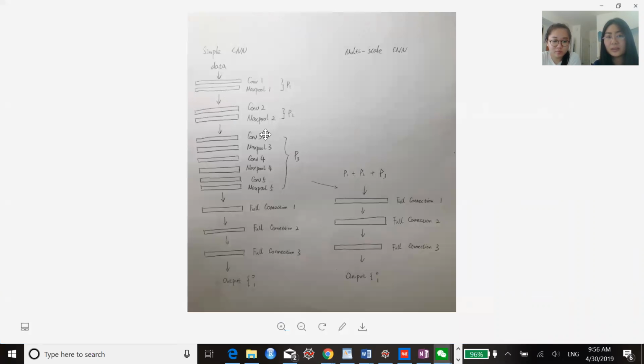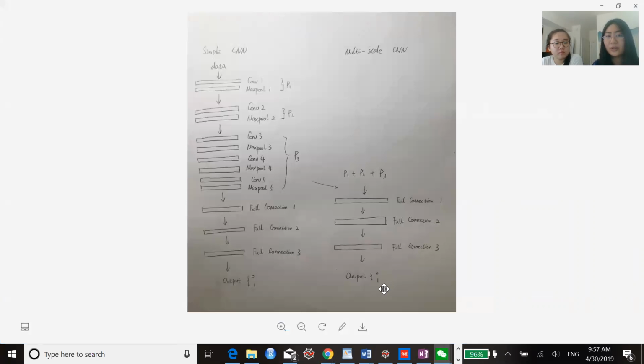And the third part has a total of 3 convolutions and 3 max pooling. Then we concatenate part 1, part 2, part 3 together and flatten it, and then feed all these 3 image informations into 3 fully connected layers, and then use a softmax layer